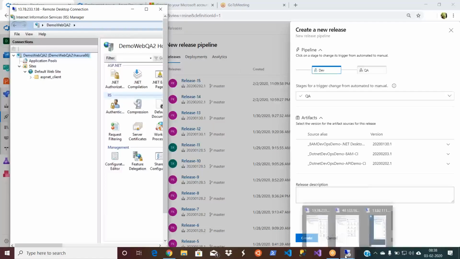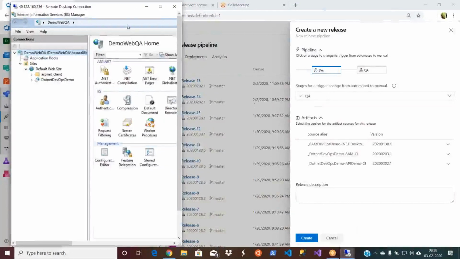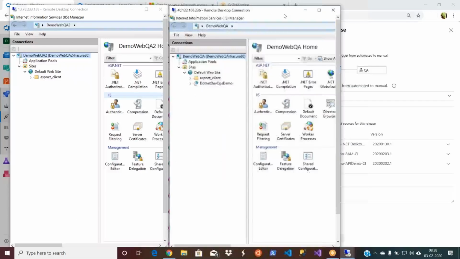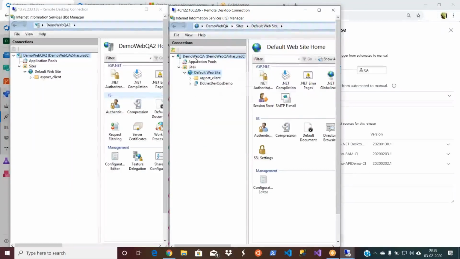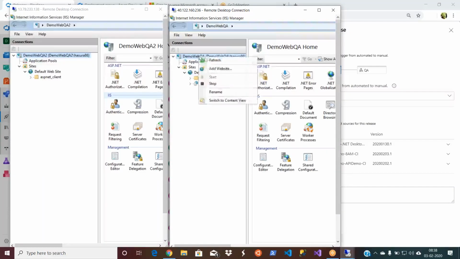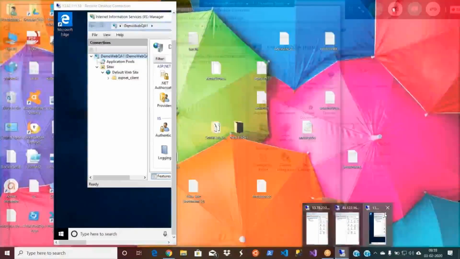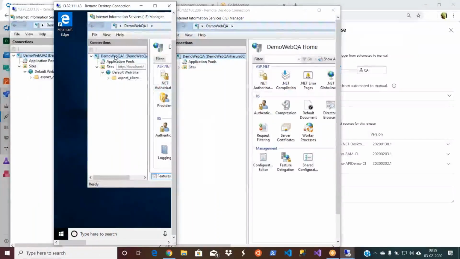And then the other server is QA. Let me keep it here side by side. And the QA we've been using, right? That's why it will just go and update the code. And the other one is the API one, demo web.